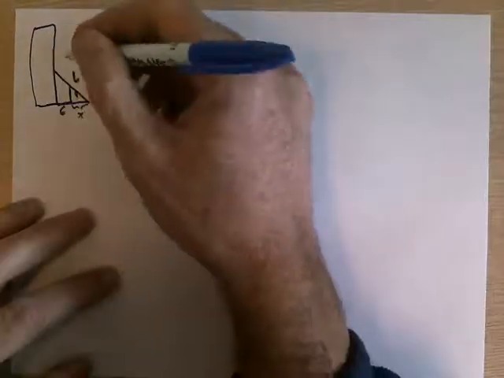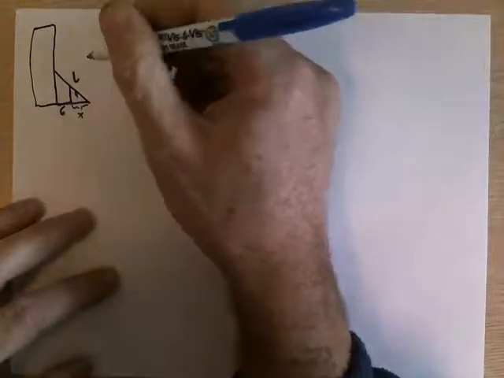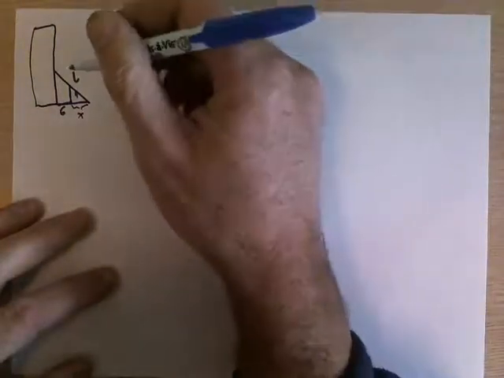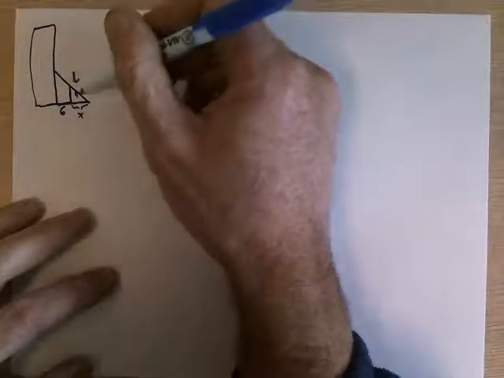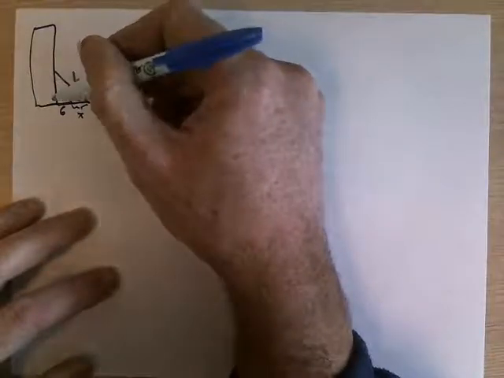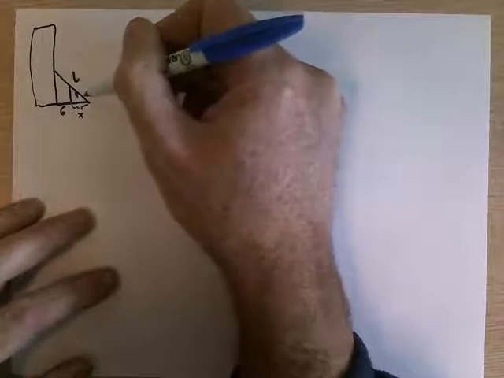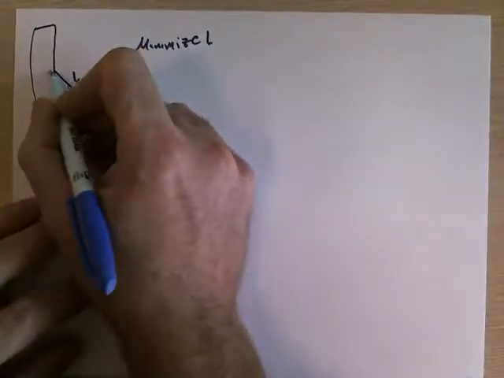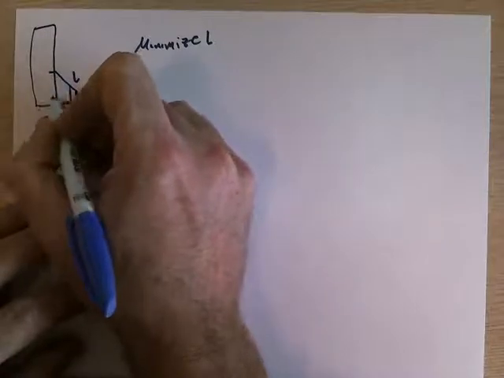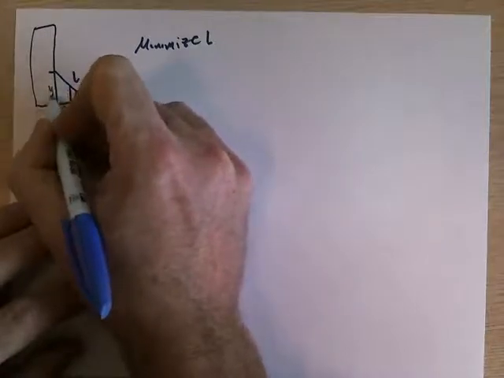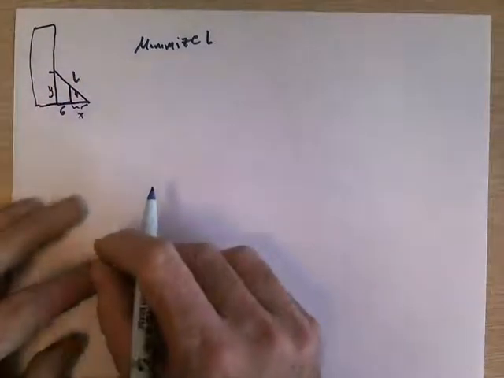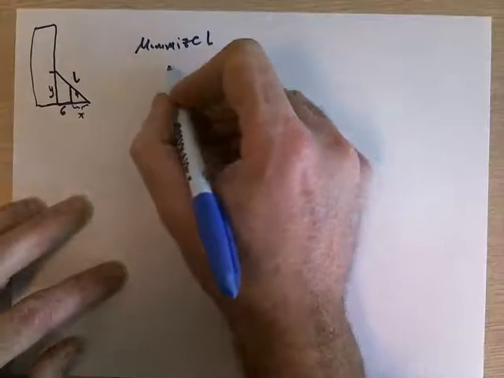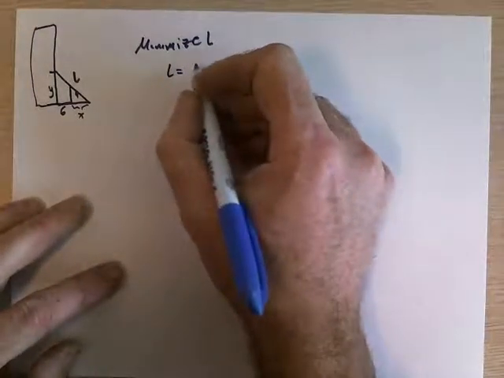Okay. The length of the ladder, I'm feeling like there's going to be a Pythagorean theorem in here because I'm going to have this side squared plus that side squared is that side squared. So let's just call this side here, the distance from the ground up to where the ladder hits, let's call that Y. So it looks like I can say that L is,